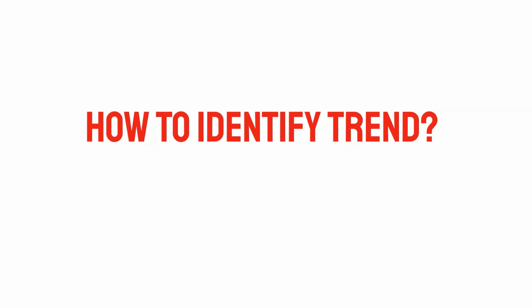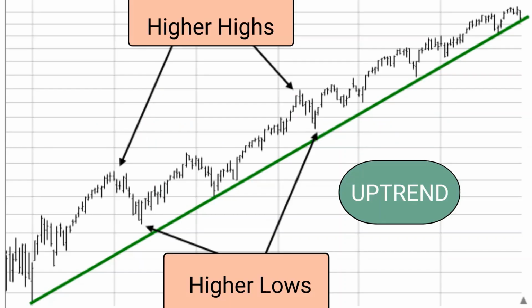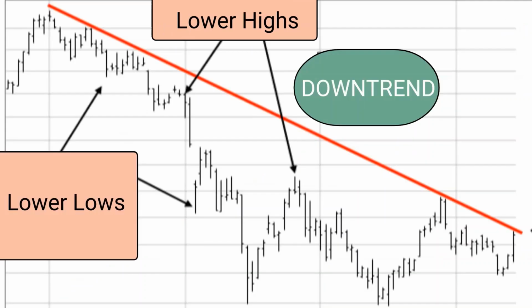Now, one major question that comes in here is, how to identify trend? Identifying trend is one of the most important, and one of the easiest steps. Just open a stock chart. If you see the stock moving from the down left corner towards the top right, it is in uptrend. Technically, a pattern of higher highs and higher lows is formed. If you see the stock moving from the top left corner towards the down right, it is in downtrend. Technically, a pattern of lower highs and lower lows is formed.